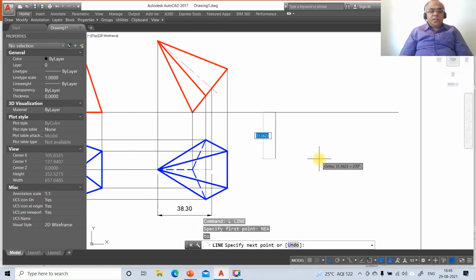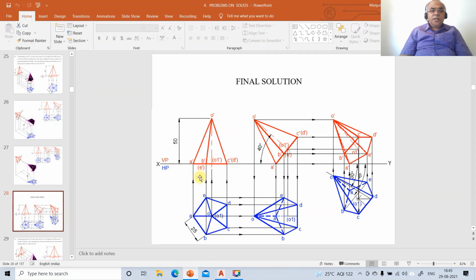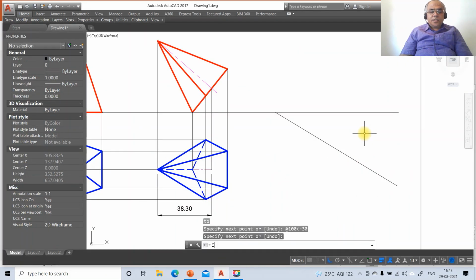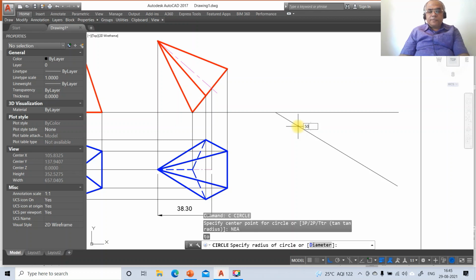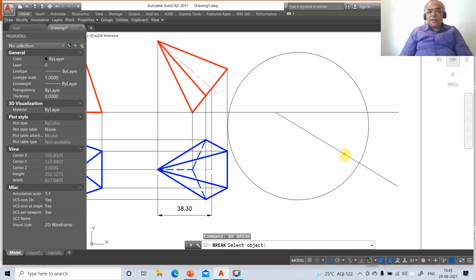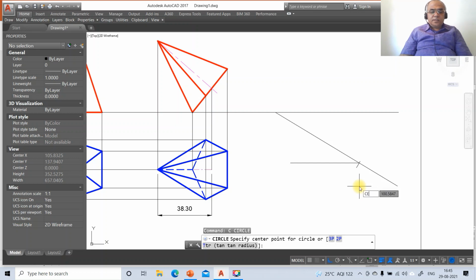So to do that, at the rate 100 less than minus 30 degree, then go to circle. So here the height is 50. So go to circle, take nearest point on this, take the radius as 50. Then you just go to break this circle here and also on this side and remove this arc. Then go to line, take INT of this and draw a horizontal line, and go to circle, take center of